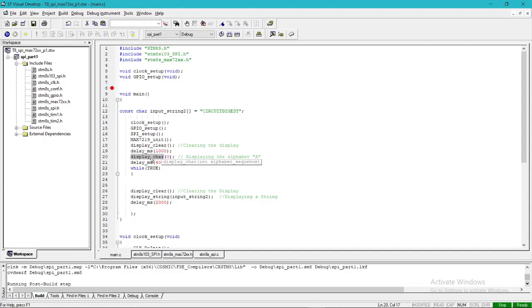Then I am printing a single character by using the display character, and to print the character I am passing the index of that character, that is 0. So it will display the alphabet A. Then it will wait for 4000 milliseconds.